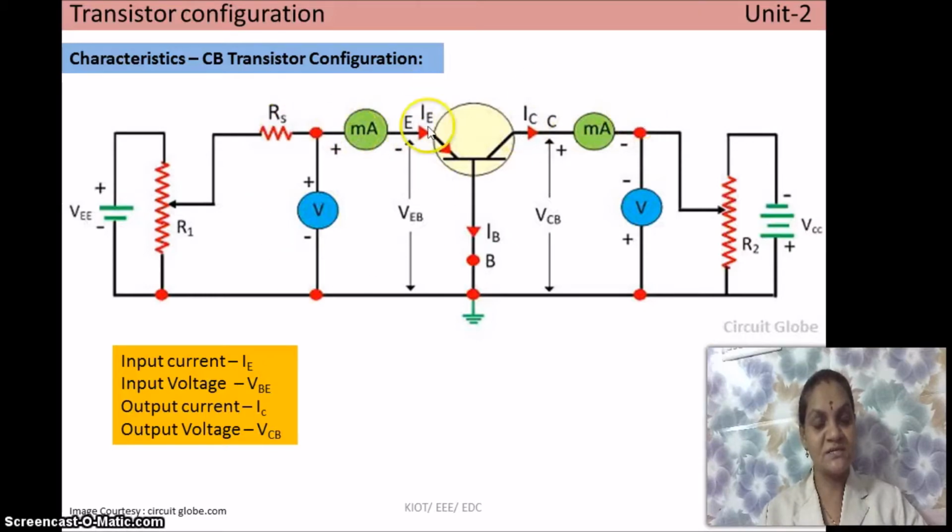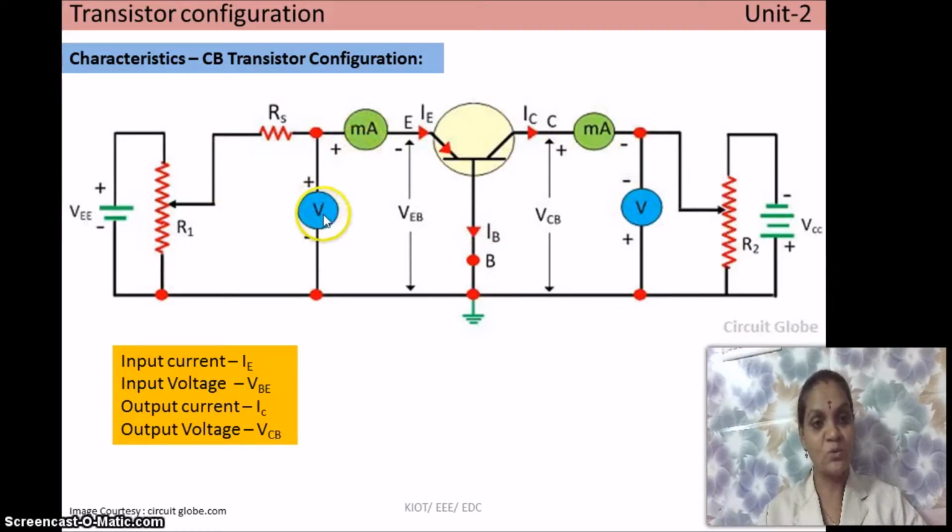So this is the input side connections. Here for applying the biasing voltage we are using a potential divider arrangement. This is the potential divider arrangement, and this voltage VEE and this voltage VCB are the biasing voltages. These voltages can be varied according to our convenience, which is possible with the help of this potential divider arrangement. According to the position of this variable point, or otherwise called wiper contact, the amount of voltage applied to the input terminals as well as the amount of voltage applied to the output terminals of a transistor may vary.